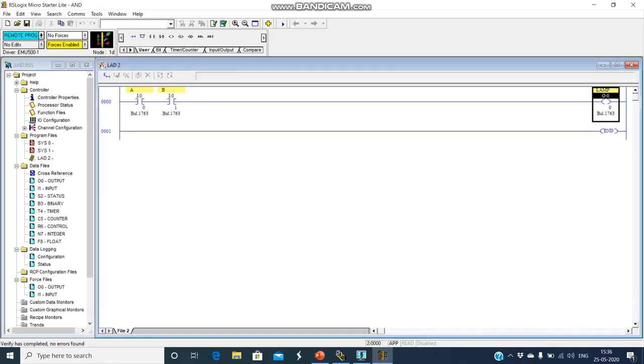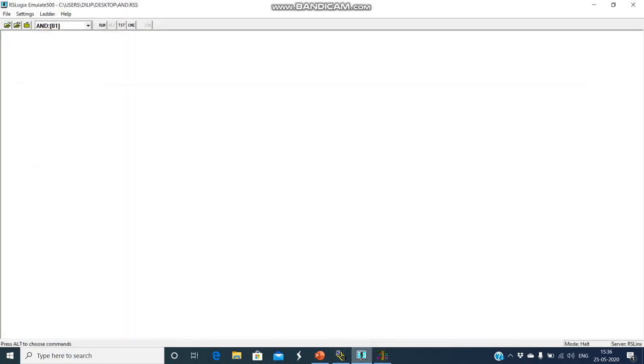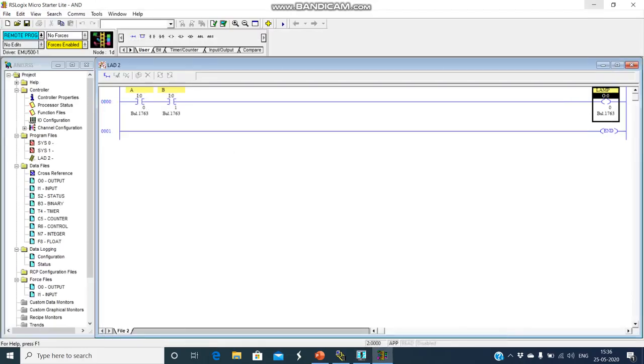Say yes. Once your program has 0 errors, this ladder keeps running and works remotely. You can see the program has been loaded to the emulator, with the name of the file we saved. Once this is done, you can run the program.